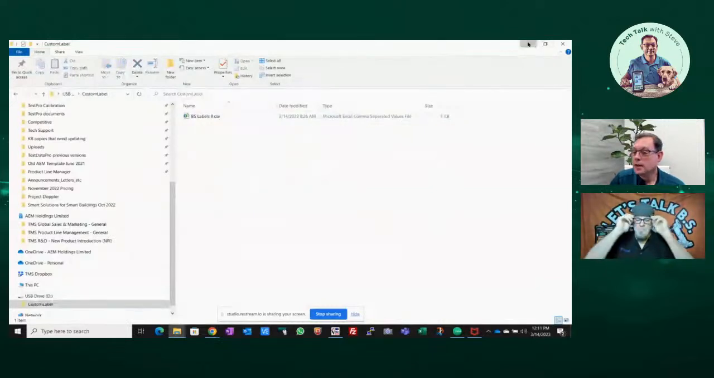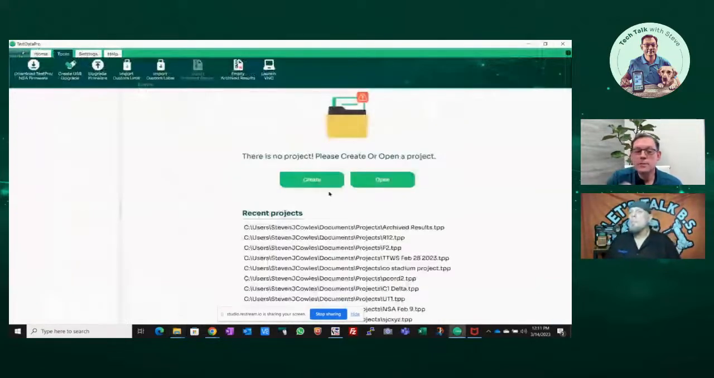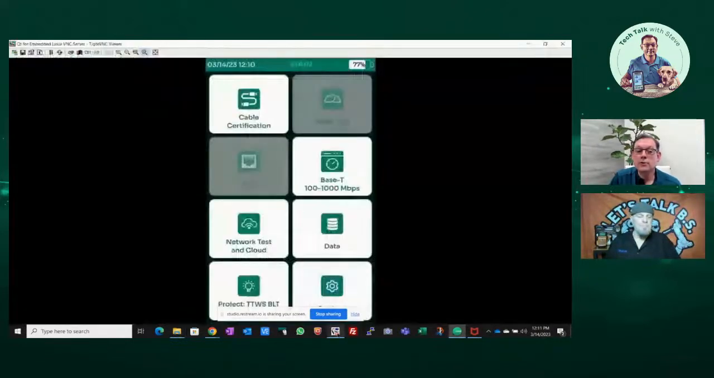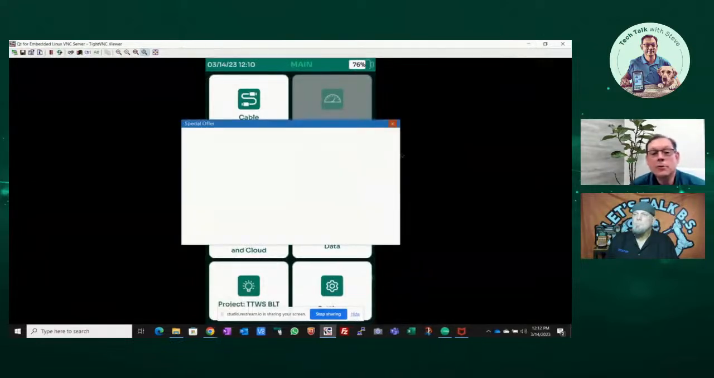So now I'm just going to take that thumb drive out of my PC, and I'm going to switch my screen to my tester here, and I'm going to insert the thumb drive into the tester, and momentarily we'll get